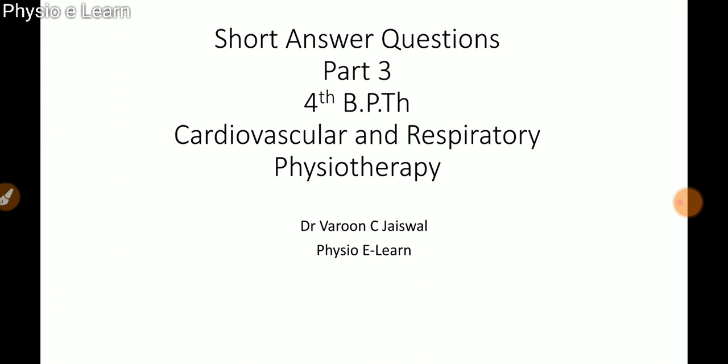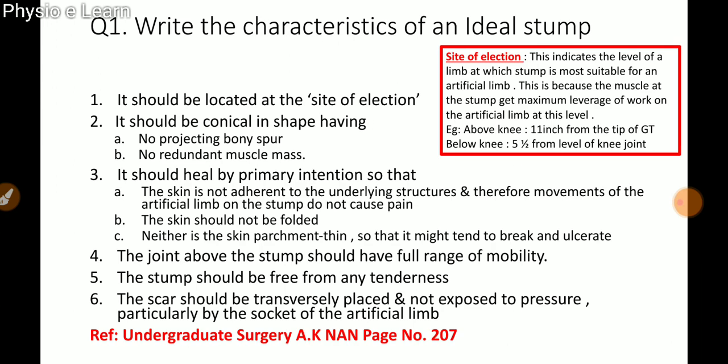So let's get started. The first question is, write the characteristics of an ideal stump. The first and important point, it should be located at the site of election. Now what is the site of election? Site of election indicates the level of a limb at which the stump is most suitable for an artificial limb,